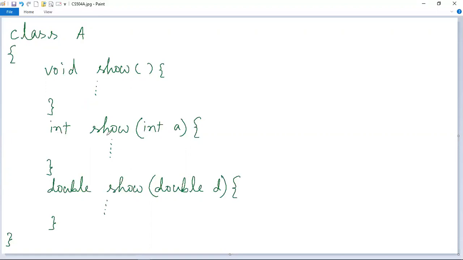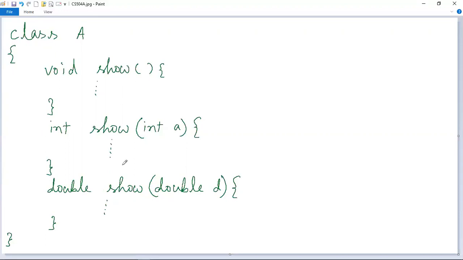That means this show method will return an integer value. In the next case, that is the last case, the show method is used again. And here only one parameter is there, that is D, which is of double type. And the return type of the method is double also. That means this show method will return a double value.